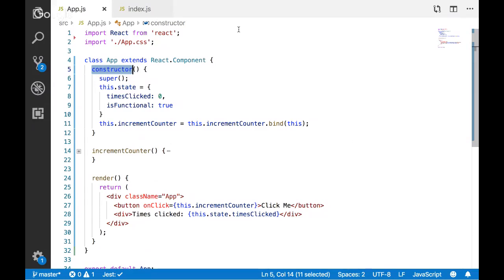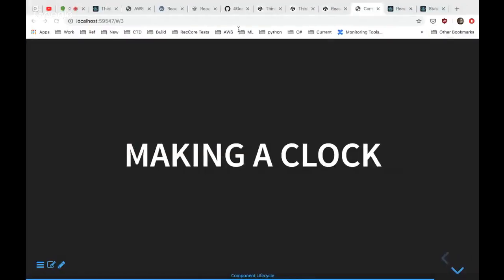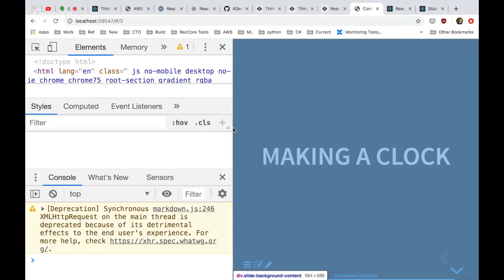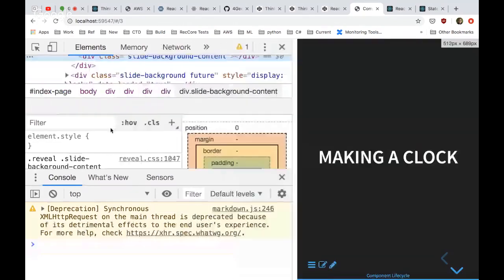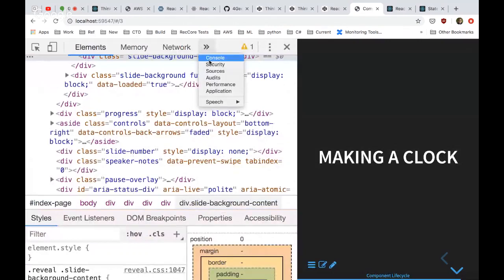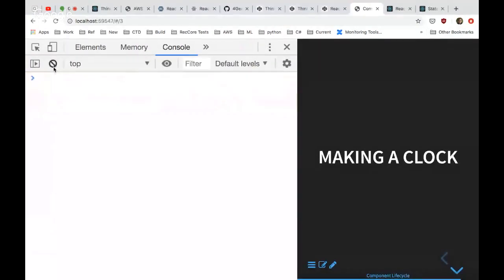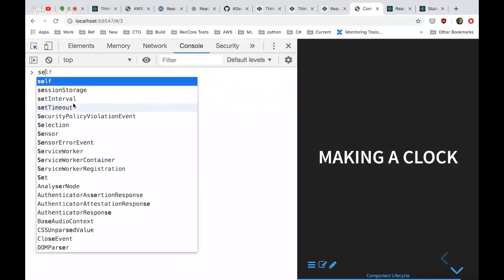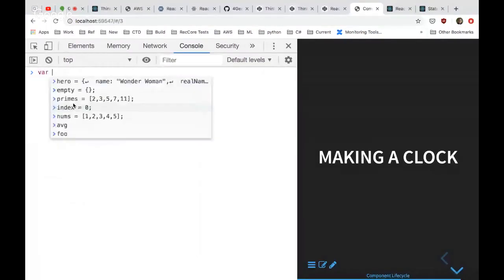What is considered other resources? Well, I hope it'll make sense when we do the clock, but one of the things we're going to do is create an interval timer to fire every second. That's something that's base JavaScript, so we don't even have to have a component to do something like that. Right here in just our JavaScript, we could show the console here, I can make this a little smaller probably, and we could do a setInterval. Hold on to a reference to this.